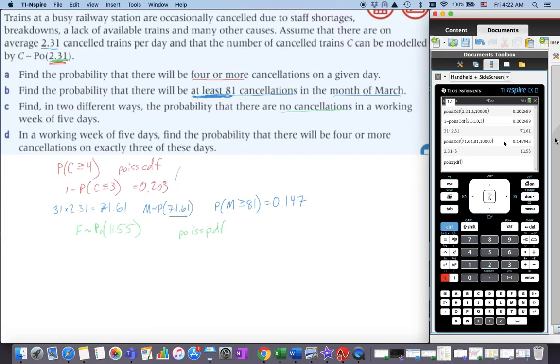So I go Poisson PDF, and then we'll put in our parameter, which is 11.55, and then comma and 0 because that's the only thing we want, and we'll push enter, and we get 0. How many zeros is that? That's a lot of zeros. 1, 2, 3, 4, 5 zeros, and then 964.